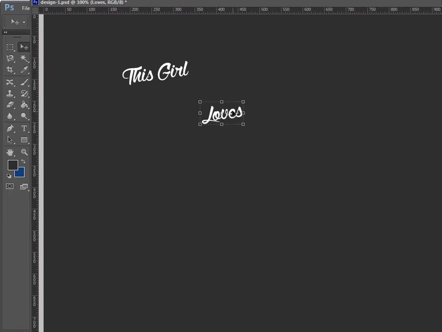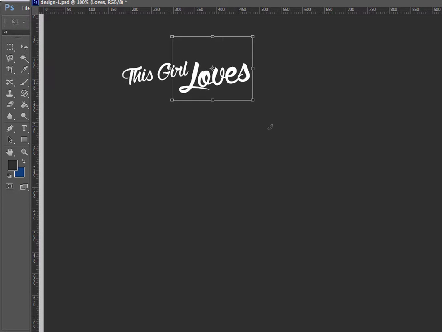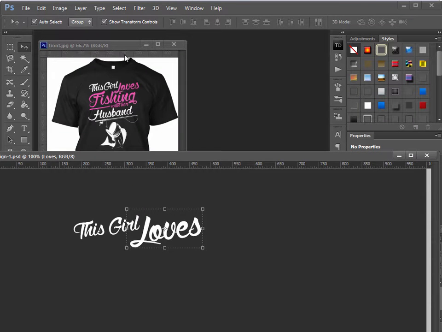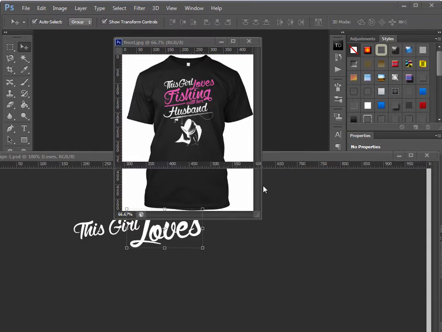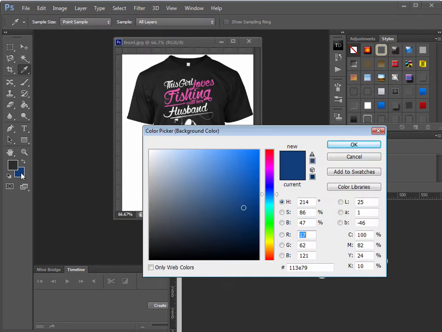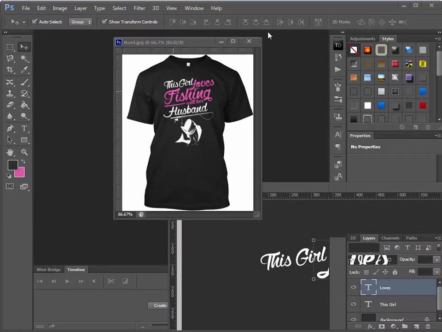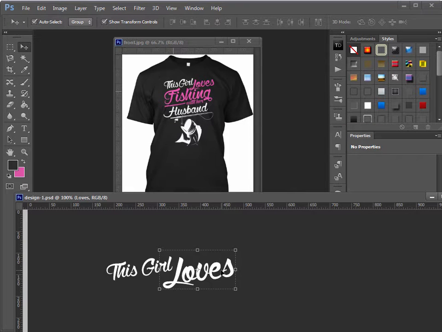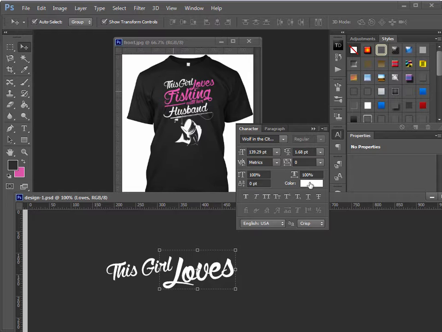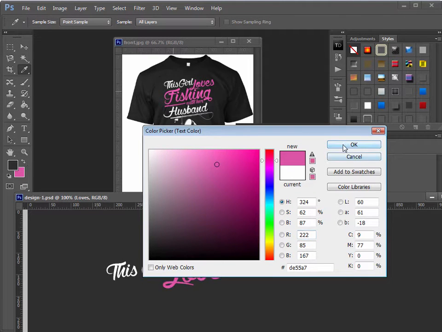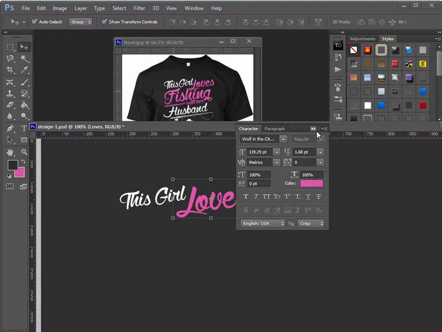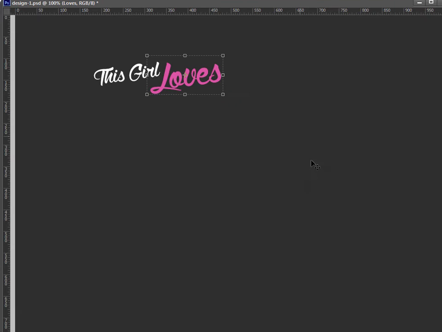And if you need to get the color, you can get the color from here. So I'll save the color in the background here. Just click there and then click in the pink, and I got the color now. And then here I just grab this text and go over to the character thing and hit the color box and grab that. And there we go. So this girl loves,